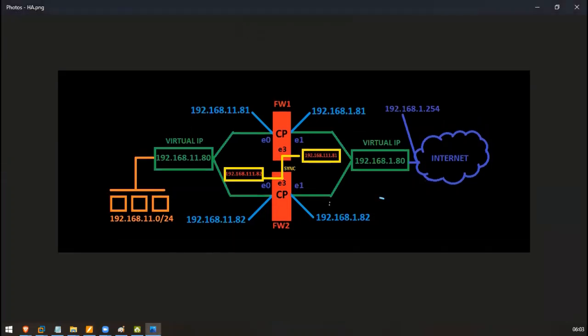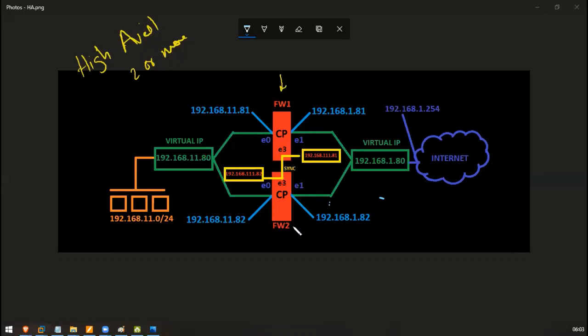As you can see, we have two firewalls here, and you can allow this high availability through two or more endpoints, right? So in our lab topology, we have two firewalls and three interfaces.